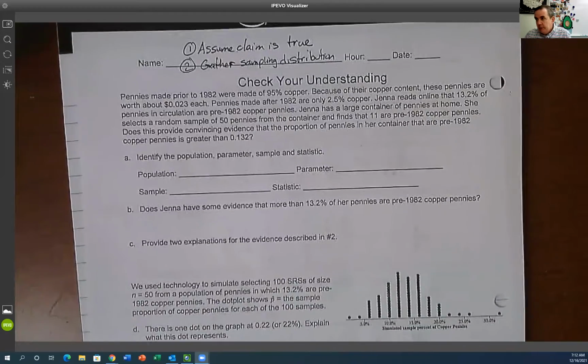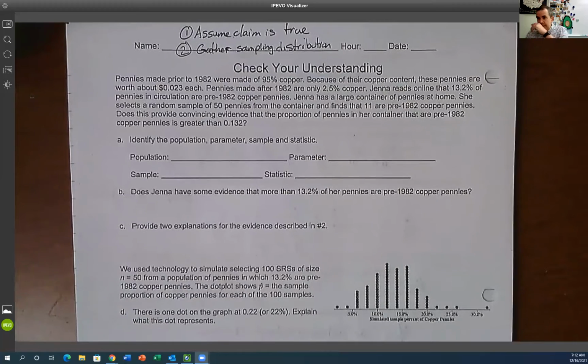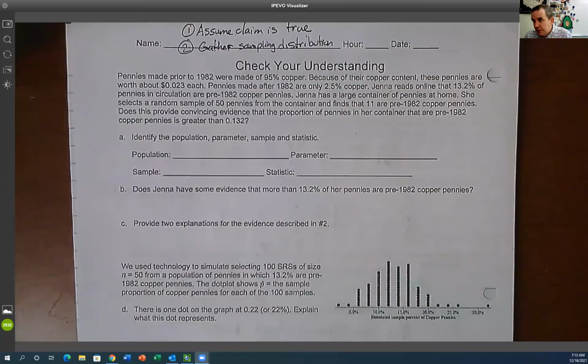So let's take a look at the question. Pennies made prior to 1982 were 95% copper. Because of copper content, these pennies are worth about 2 cents each. Pennies made after 1982 are only 2.5% copper. Jenna read online that 13.2% of pennies in circulation are pre-1982 copper pennies. Jenna has a large container of pennies at home. She selects a random sample of 50 pennies from the container and finds that 11 are pre-1982. Does this provide convincing evidence that the proportion of pennies in her container that are pre-1982 is greater than 0.132